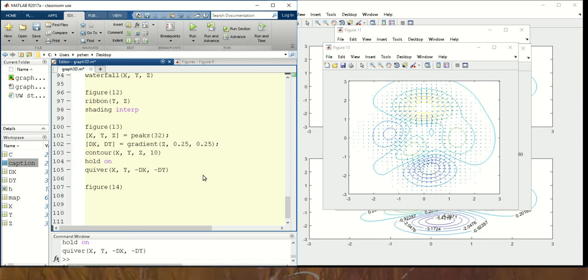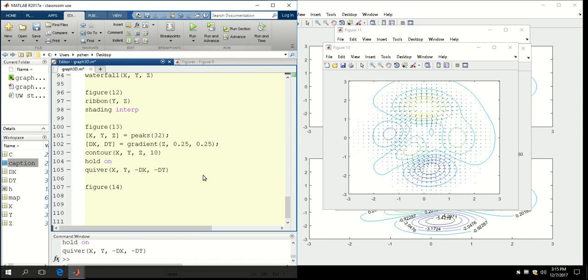And this quiver function also has a three-dimensional version, right? So let's still use x, y, z equals peaks. Let's use slightly fewer points, and then x, y, and nz. So we have used surf norm to make the plots before, right? But surf norm can also create normal directions as outputs,